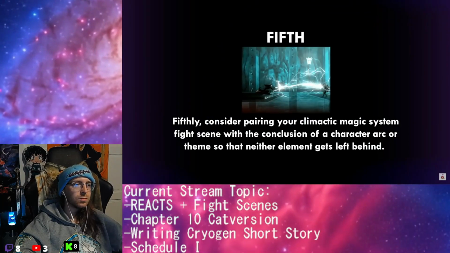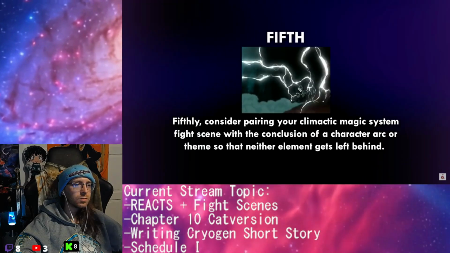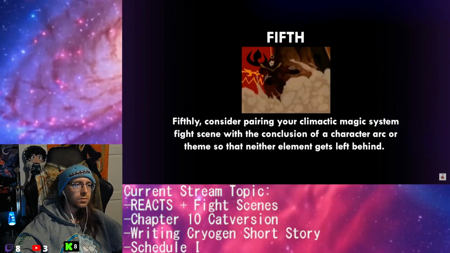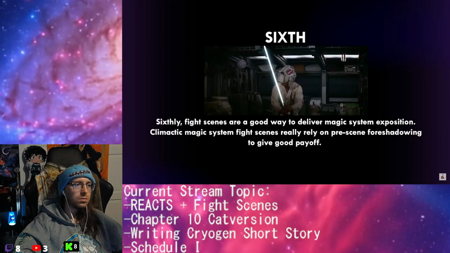Fifthly, consider pairing your climactic magic system fight scene with the conclusion of a character arc or theme, so that neither of these elements get left behind. Sixthly, fight scenes are a great